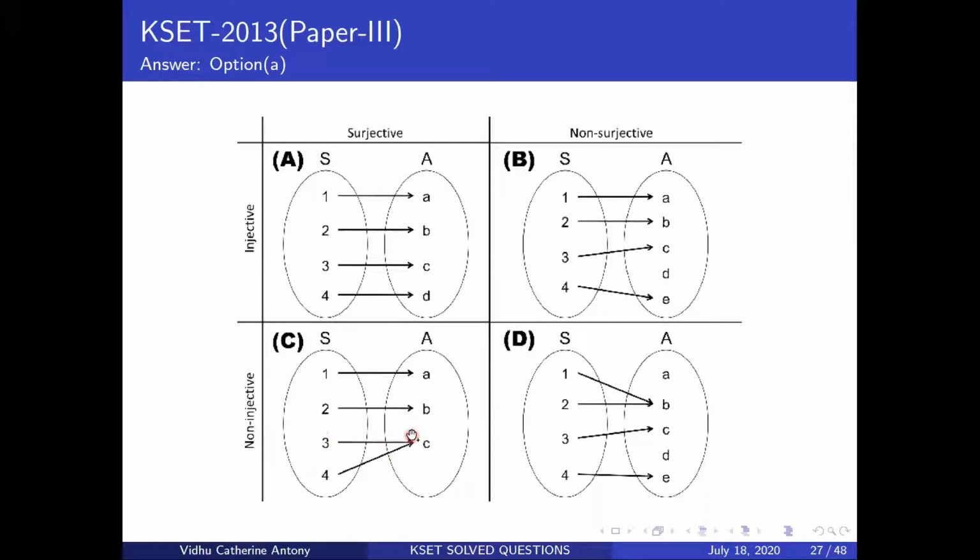So this is onto. All the outputs have a particular input, but it is not one-to-one because these inputs do not correspond to one and only one output. Your 3 can be C or your 4 can be C. So this is surjective and non-injective, or not one-to-one but onto. Now this is a case where it's neither one-to-one nor onto. You have a couple of outputs here that do not have any corresponding input. You also have an output with two inputs. So this is not one-to-one, not onto.